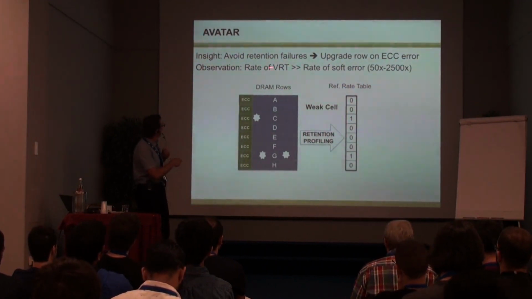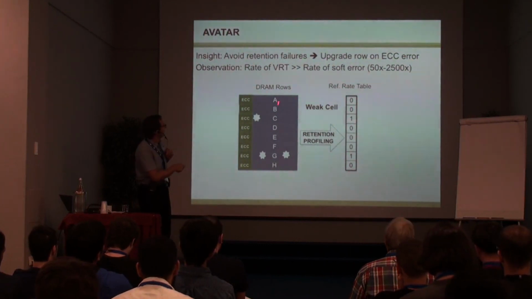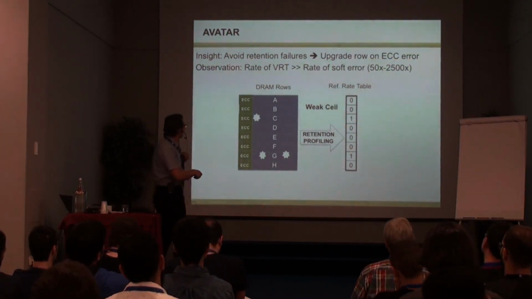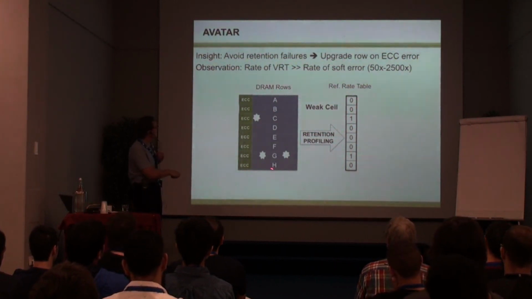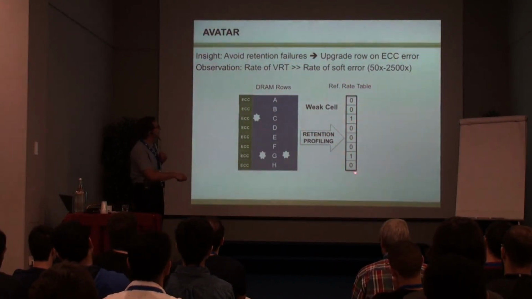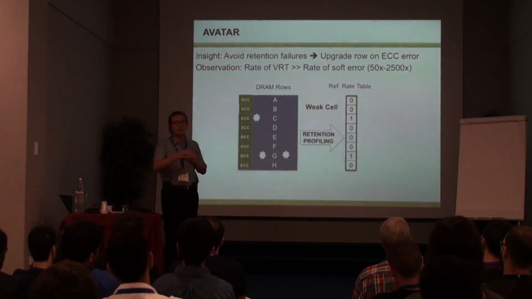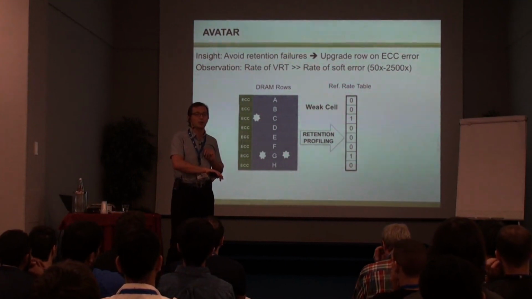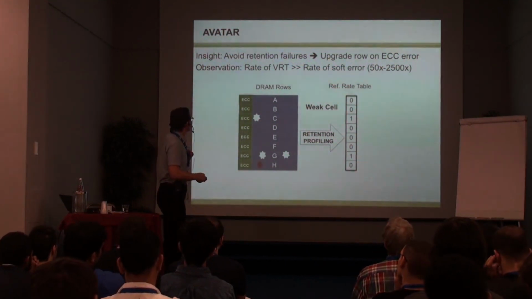Basically, we wanted to avoid retention failures, and you can have a refresh rate table for each row. This is pictorial. Basically, you protect each row with error correcting codes, and you basically have a refresh rate table that says whether this is a weak row or a strong row. Weak row means you need to refresh it more often. Strong row means you need to refresh it less often. And once in a while,